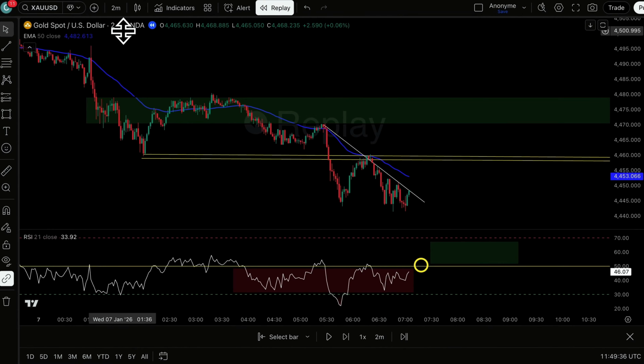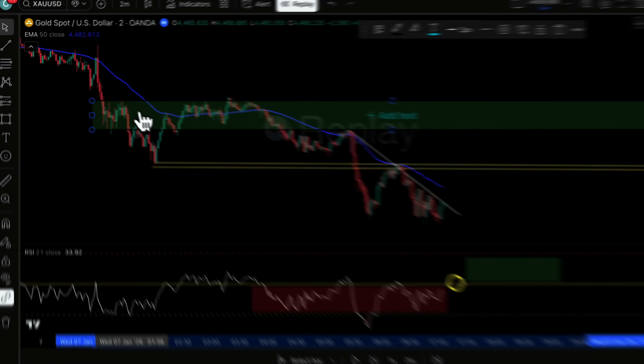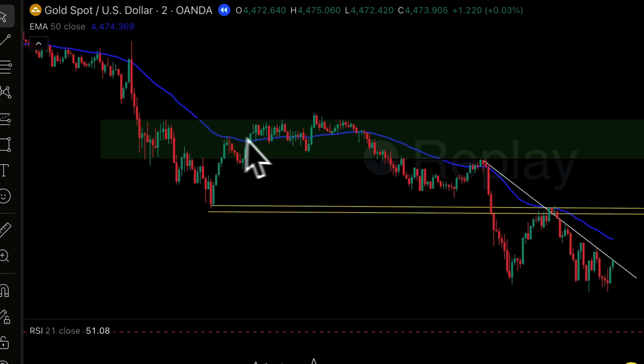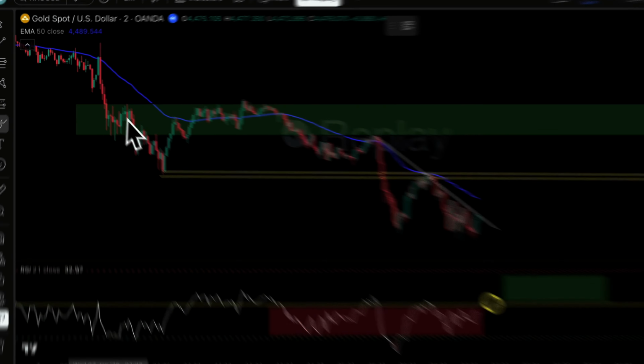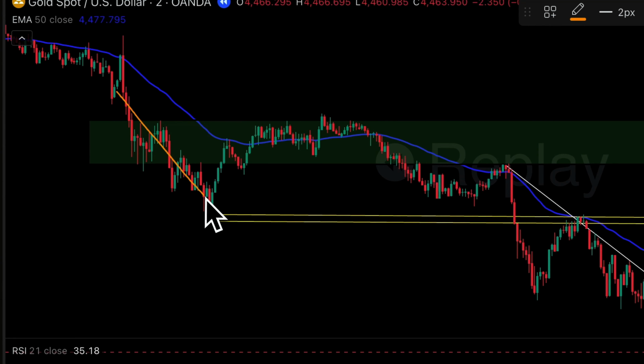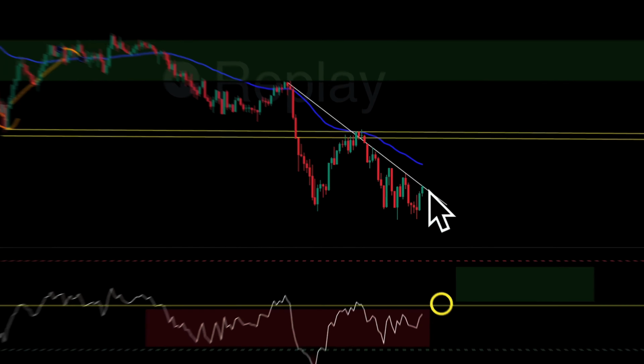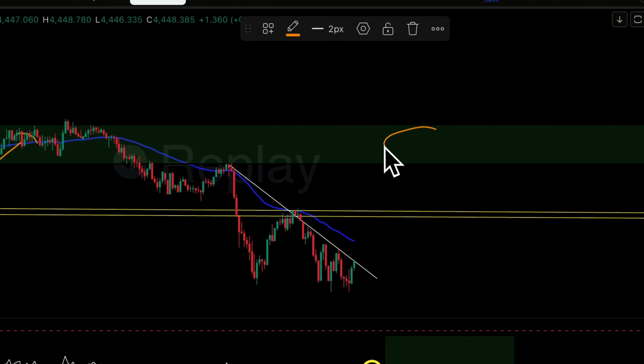Now we're on the 2-minute time frame for gold, and it's time for the strategy. So you see several things on the screen, including a first green zone here, which is simply the current resistance of the market. You'll also see later in the strategy that this will serve as our target. It's not placed there by chance. And you can see that after the market broke through it, it came back to it and spent a long time working around it, turning it into a resistance. So we estimate that the next time the market bounces, this area here could potentially be a take profit target